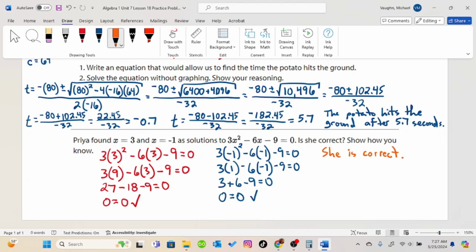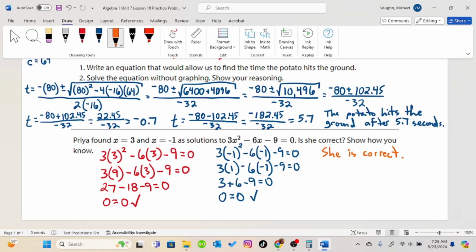But like I said, there are 3 methods. So if you chose to use a graphing calculator and check the x-intercepts, that is also a correct way to do this. And if you chose to use the quadratic formula and you got these as answers, then that is